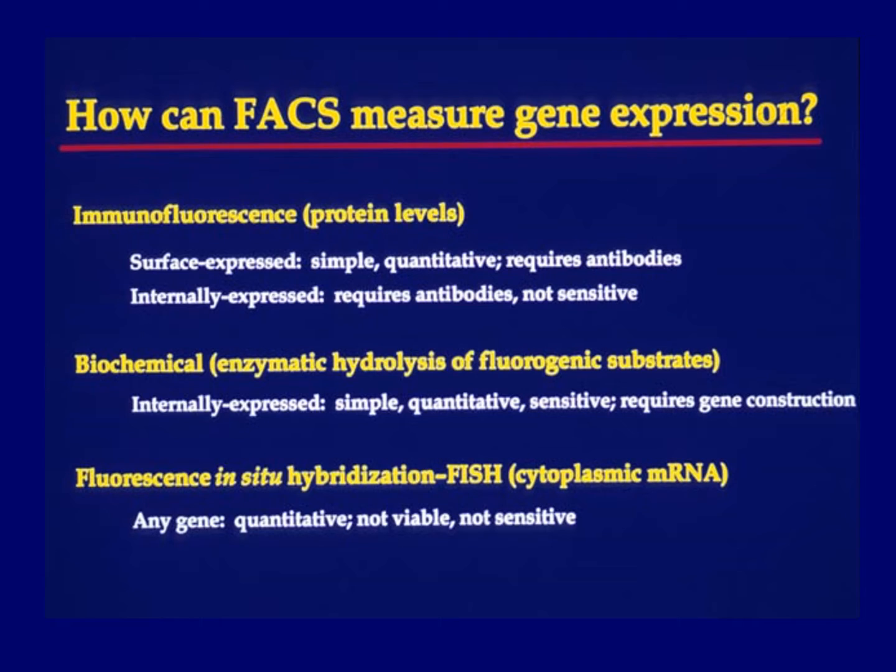Yeah. So I'm going to go back to some of the things that we can do ourselves, like how can FACS measure gene expression? Of course, immunofluorescence is one way, looking at the level of surface expression. It's simple, it's quantitative, requires antibodies. A lot of these antibodies, of course, are now available through Pharmingen BD, Pharmingen having been developed by Ernie Wong,